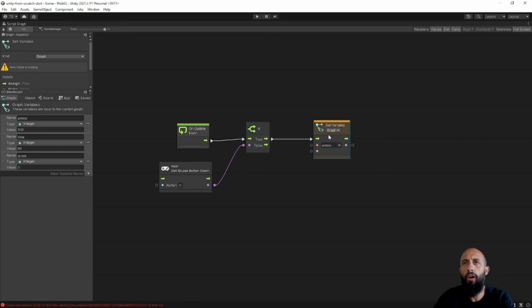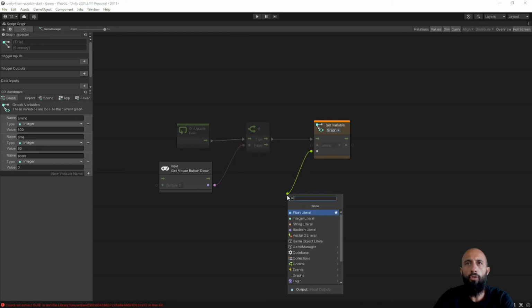And so the set variable, how it works. It starts here. This is to continue the execution. Here we can input the name of the variable. You could give some input, but we can just change it from here. And here is the actual value that we want to input to the variable. And the actual value, so